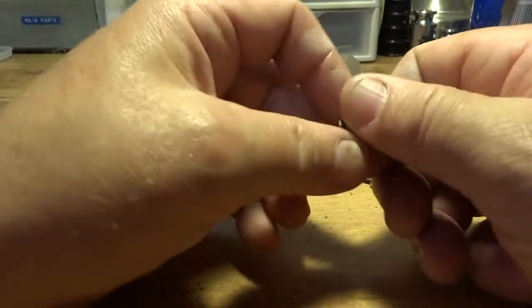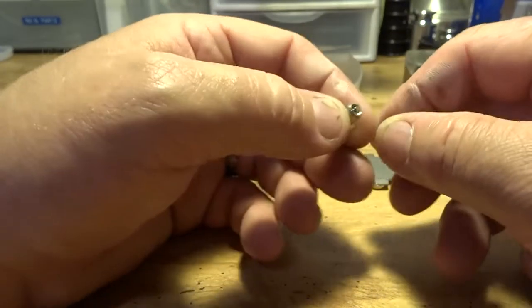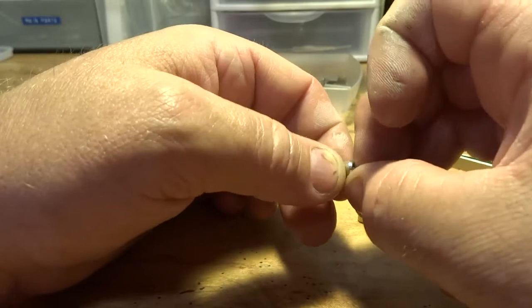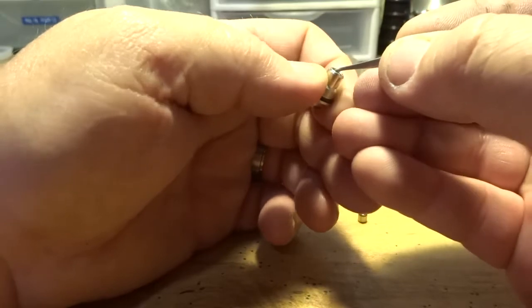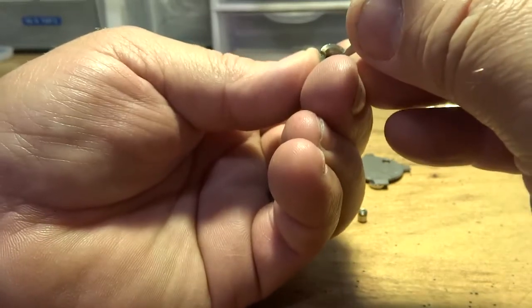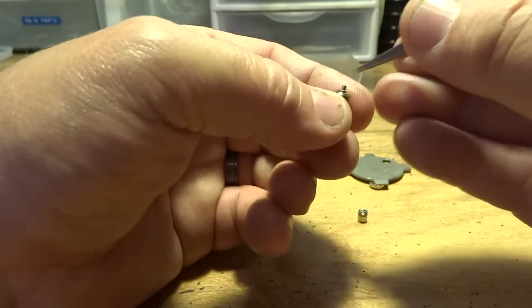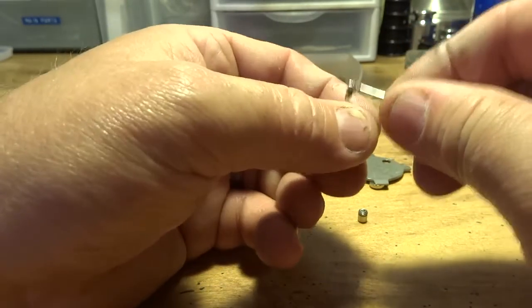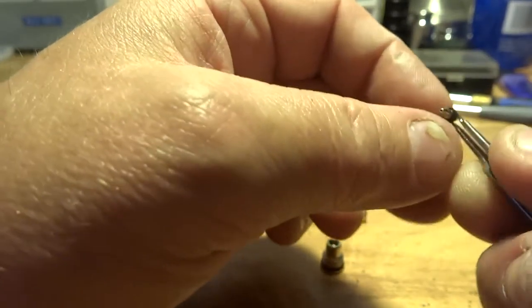All right. Now these here, some of these come apart pretty good. Once it comes apart, it's rebuildable. So just pull these apart. I've rebuilt this one. Let me push it out. I think I can get to it now. Let me get my better tweezers here. Now, I'm thinking